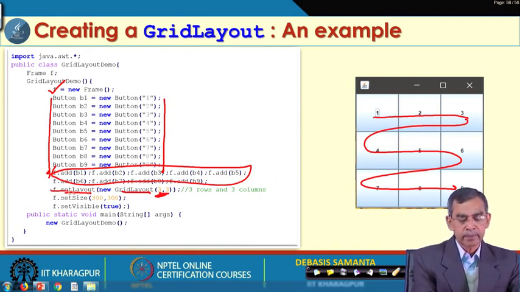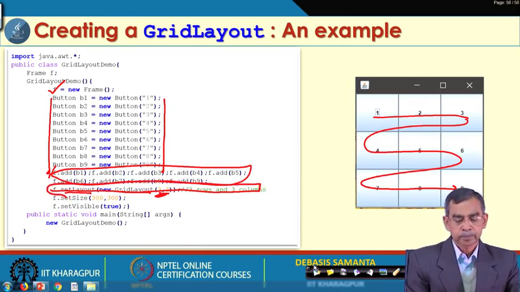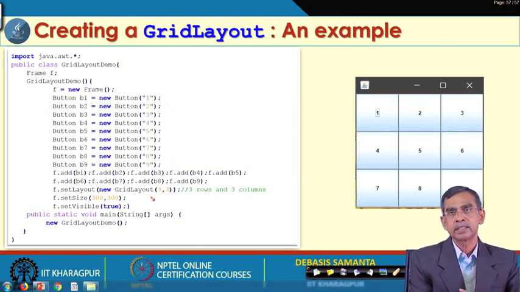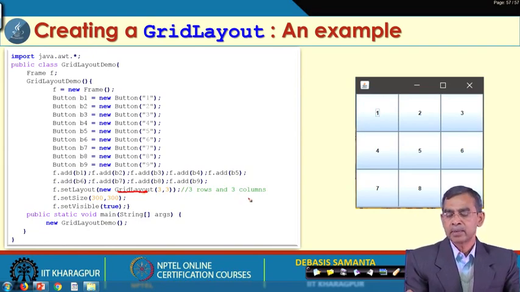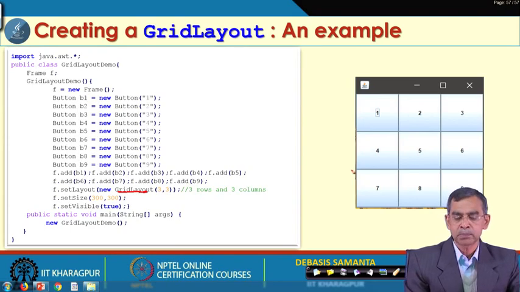This is the most important point here to invoke the grid layout manager. If you use the flow layout instead of grid layout, almost the same things will come, but in that case the size and everything can be specified. Here no size needs to be specified for each component, rather we can just mention, although we can for each, the gap.